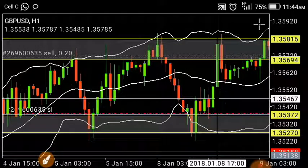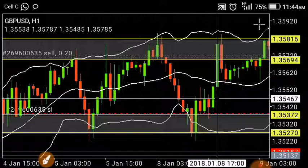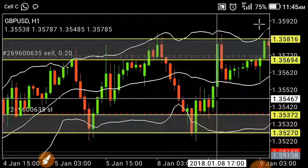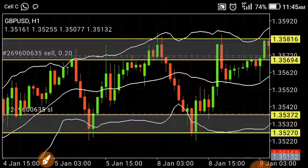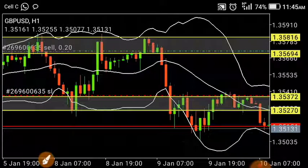So this is just to show you guys the power of trading Bollinger Bands with support and resistance, and finding more confluences such as candlestick patterns, Fibonacci levels, and what else, trend lines. So the more confluences that you find at an area, it means that there is a higher probability of it playing out the way that you want it to play. But I do recommend that you always keep the strategy simple, and in order to actually catch more pips, it's recommended that you